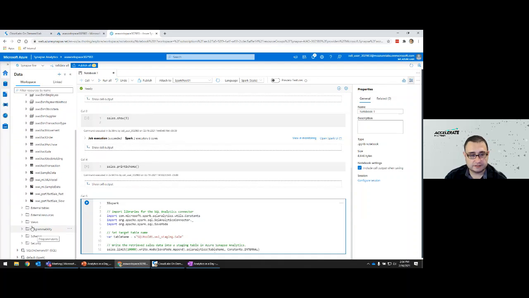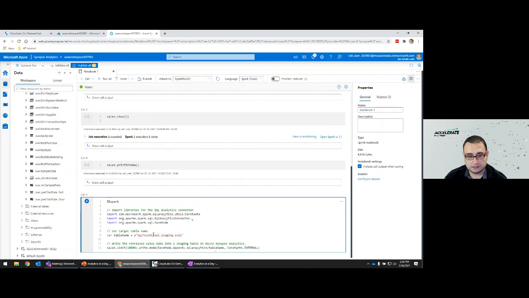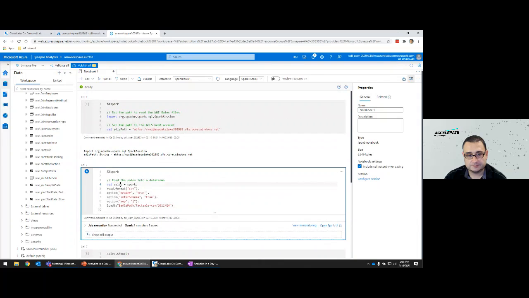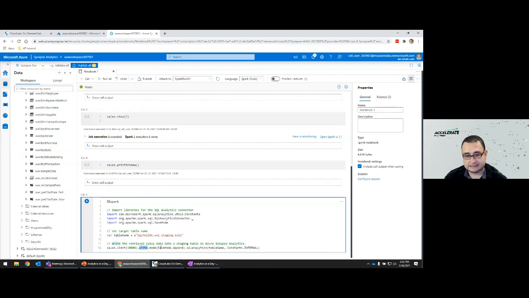And here you can see that we have several schemas: WWI, WWI_ML, WWI perf. In this case, we're going to create a new schema at the same time that we create a new table called WWI staging.sale. We're just going to read the data from the sales data frame, or in-memory table, that we specified here, and write that data into a new table called table name, which is this table name here. So let's execute that and wait for the results.